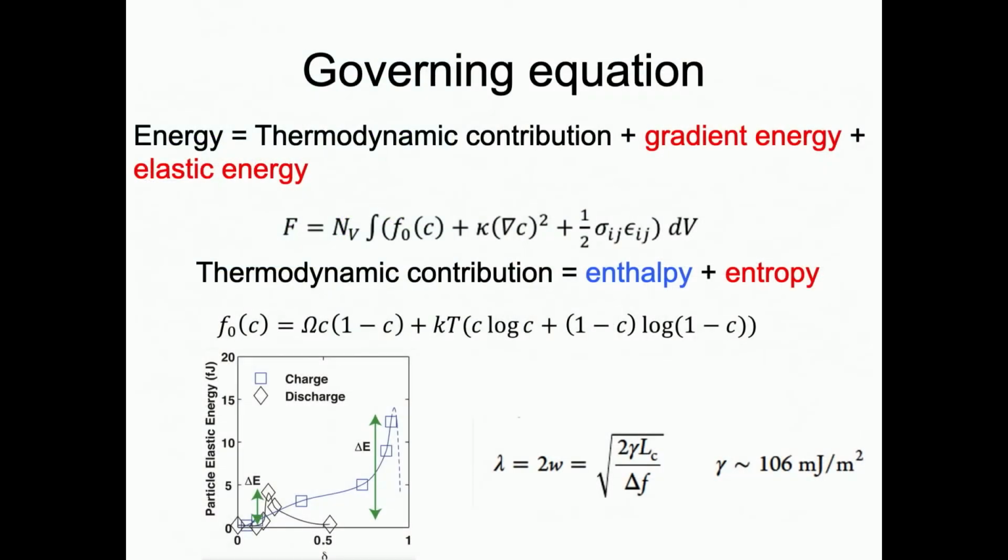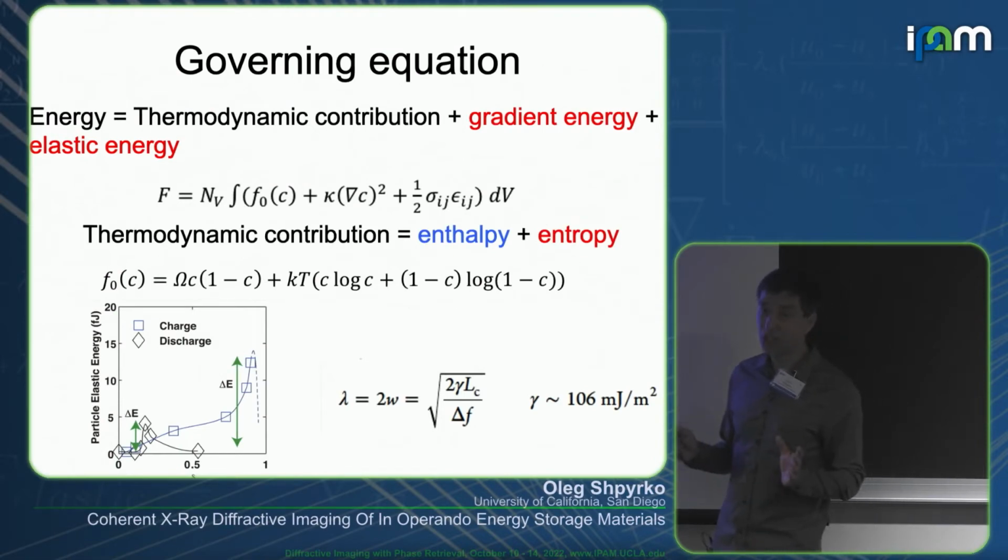It allows us, first of all, to understand what that energy cost is for the domain wall. Essentially, it's the surface energy of having a domain that has lithium poor and lithium rich regions. And if you calculate it from our analysis of the 3-dimensional representation, it happens to be about 100 millijoules per meter squared, which is like 100 dynes per centimeter. It's basically roughly the same as the surface tension of water, which is actually a pretty high number if you